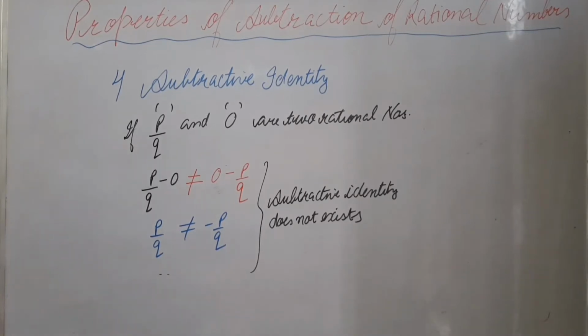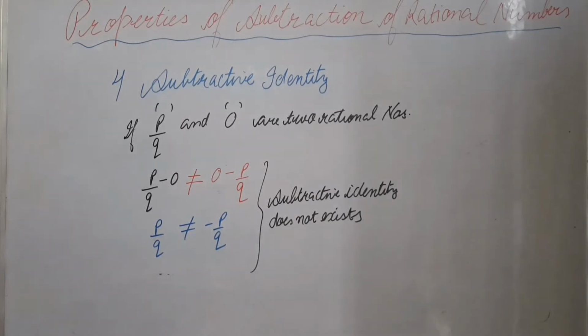that exists, and rest of the property, the commutative property, the associative property, and the subtractive identity. So the two properties, commutative and the associative property, do not hold true for subtraction of rational numbers, right? But in case of addition, the additive identity exists, because the sum of two rational numbers, one rational number is your given rational number and the other rational number is your zero. When you add the two rational numbers, given rational number plus zero, you will get the rational number itself.